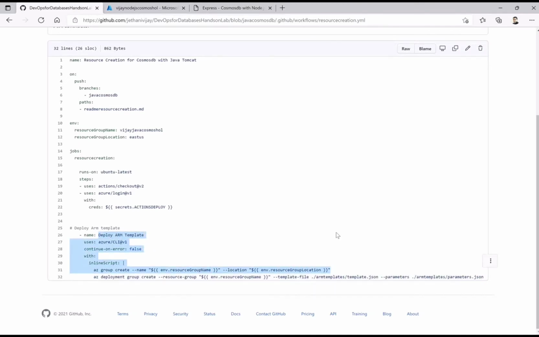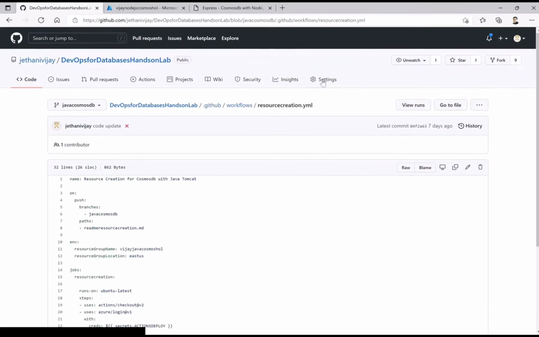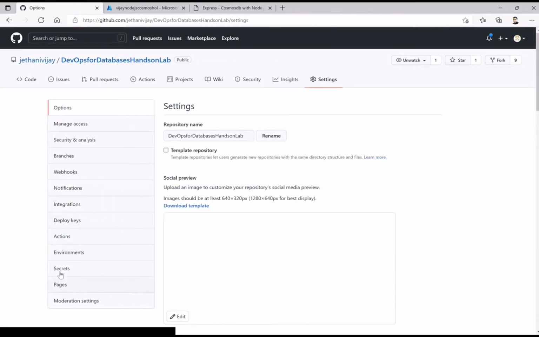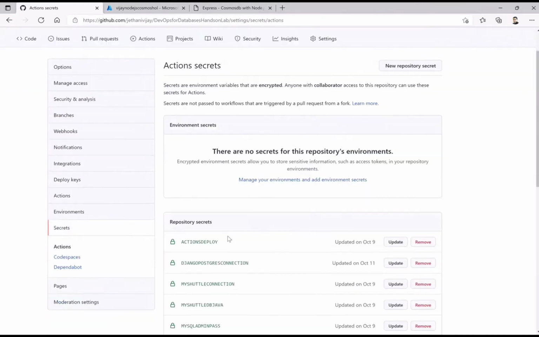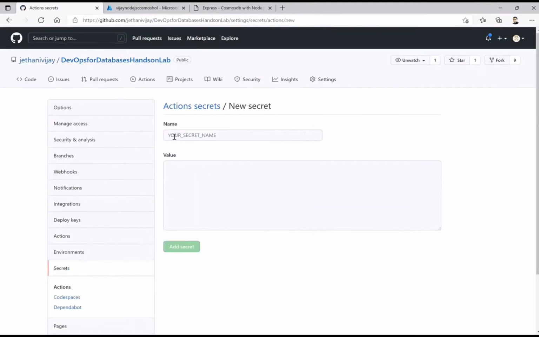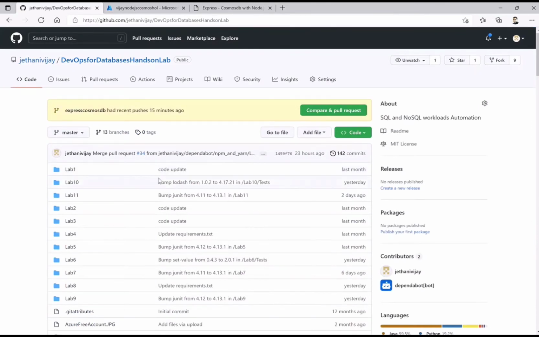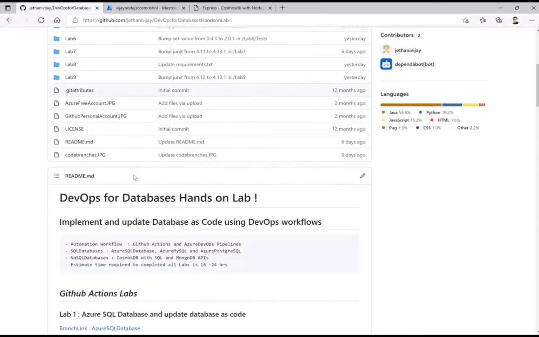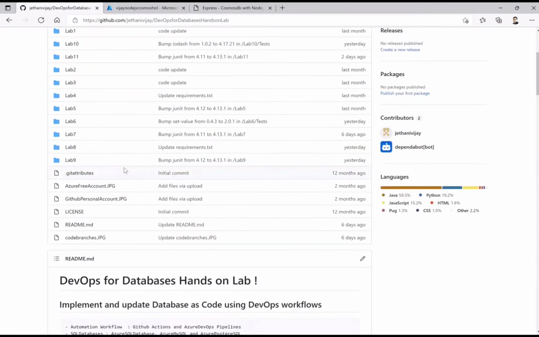Okay, now coming to the secret which I have shown you, just going back to that secret. Here is a secret. That means exactly the parentheses which I have shown you. So you need that, like say if you are creating a new one here, you just give that name here and then copy the complete parentheses here and click on add secret. So that is how you will do that. Okay, so now coming again to the lab.